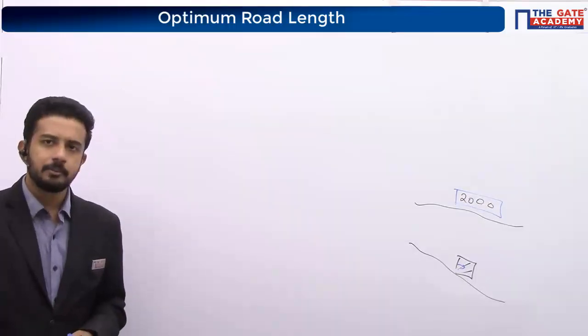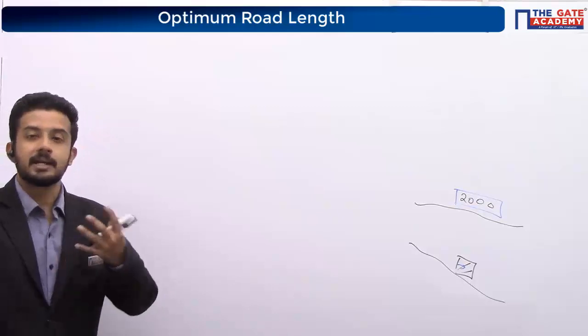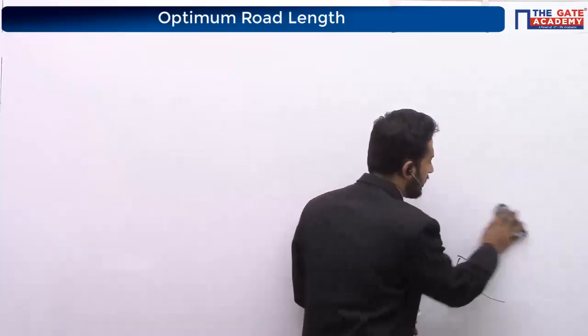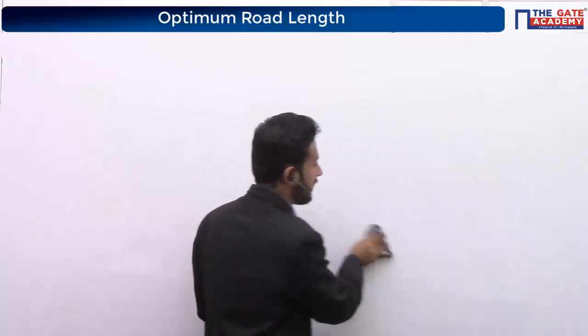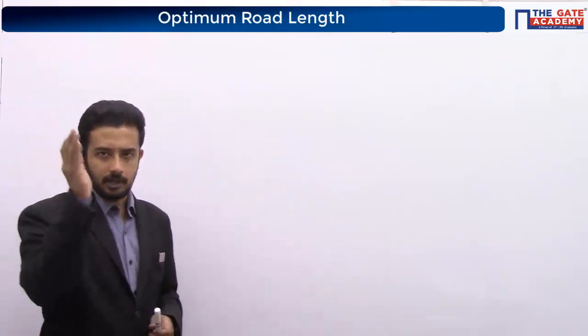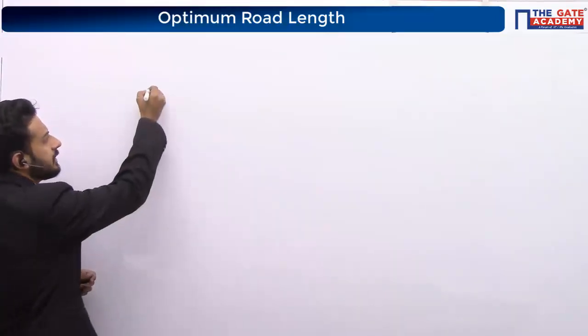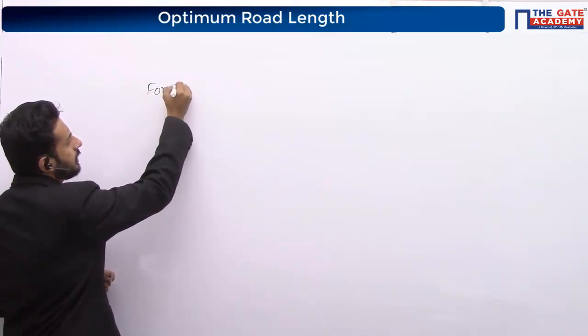Now what do we want to do? We want to find out the maximum utility per unit length. So we have to check what is the maximum service each road is giving. We have to divide with the corresponding road length, so that we will get the service per unit length of road. Correct now? See, parallelly we can solve it for road A.